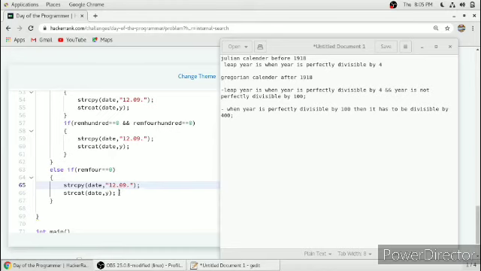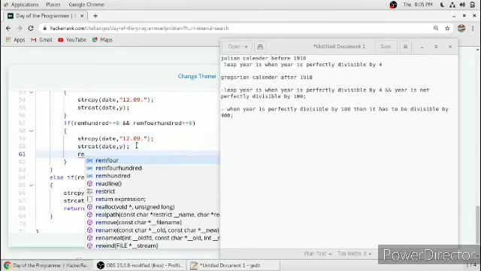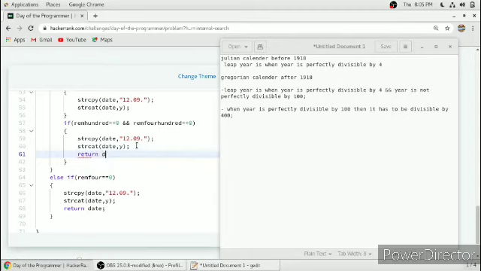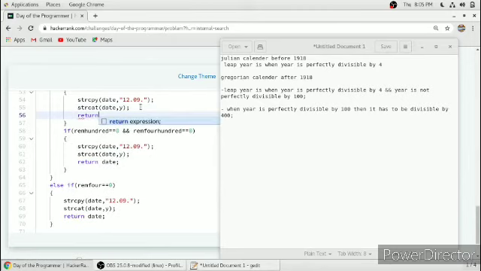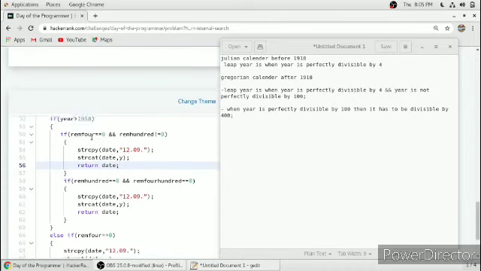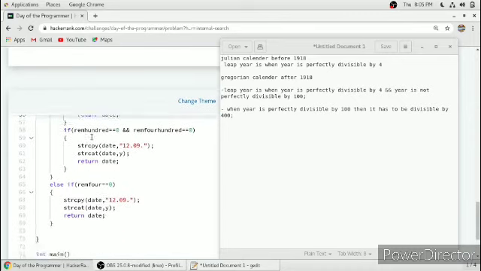Then after this we have to return our date. Here also we have to return the date, and here also we have to return our date. So it doesn't go to the next statement; if it satisfies any one of these ifs, it will return the date from that if.